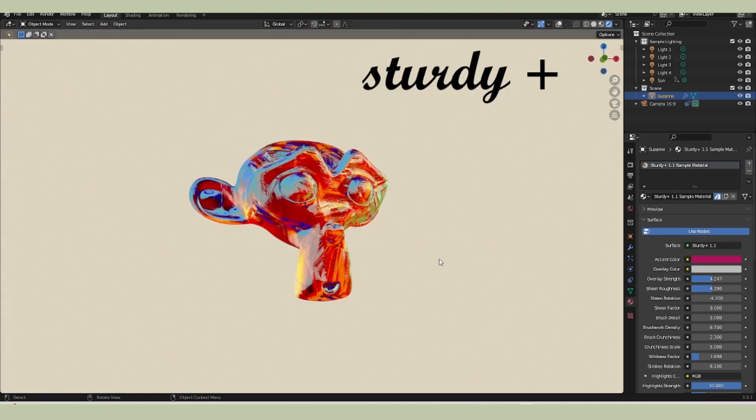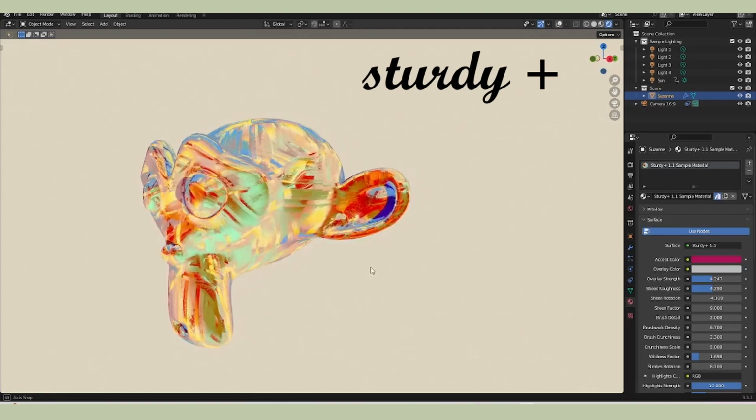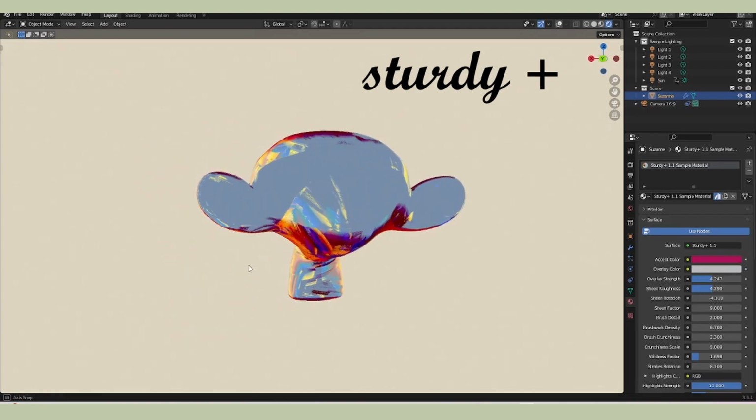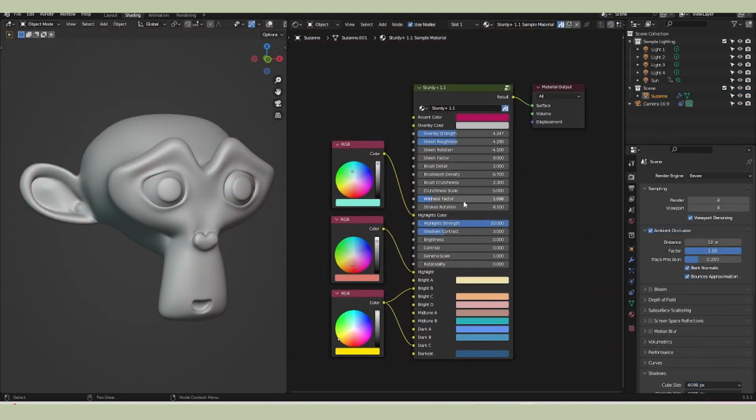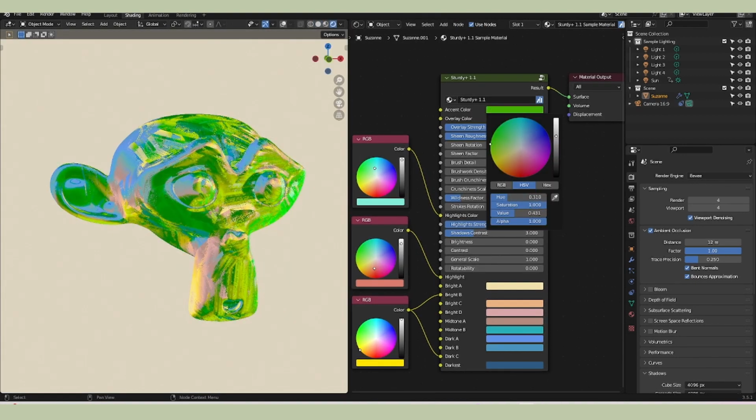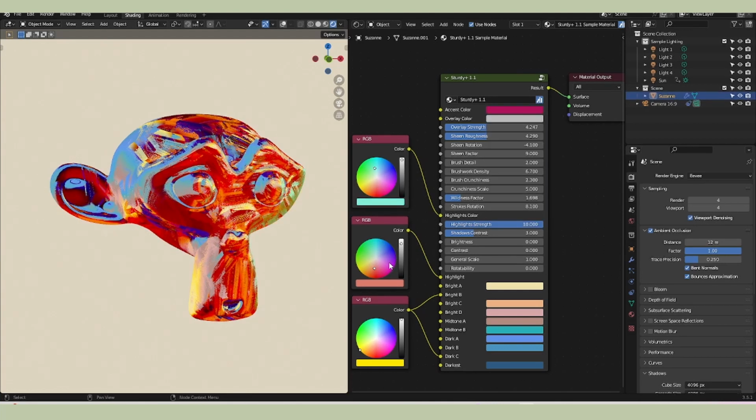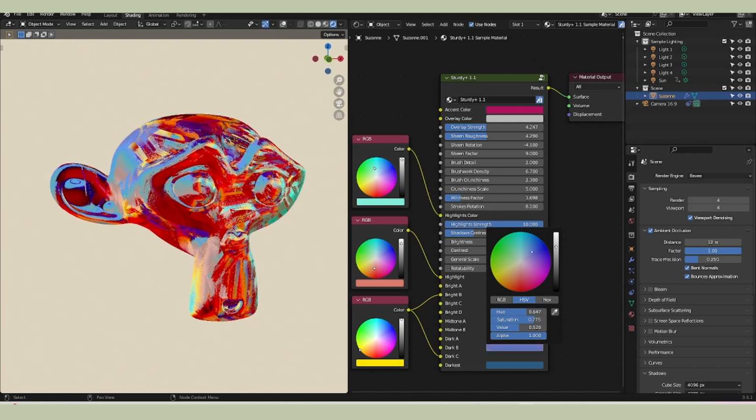general public. If you open up the example file, you'll see that it starts off with the Sturdy shader, the Sturdy Plus shader, and zooming around the Suzanne, you'll see that it has a lot of movement, it's very colorful, and there are a lot of different settings that you can change here within the shader tab itself. Upon first glance, it might be a little overwhelming, but just play around with each of the individual colors, bright A, bright B, C, D, and so on, until you achieve a look